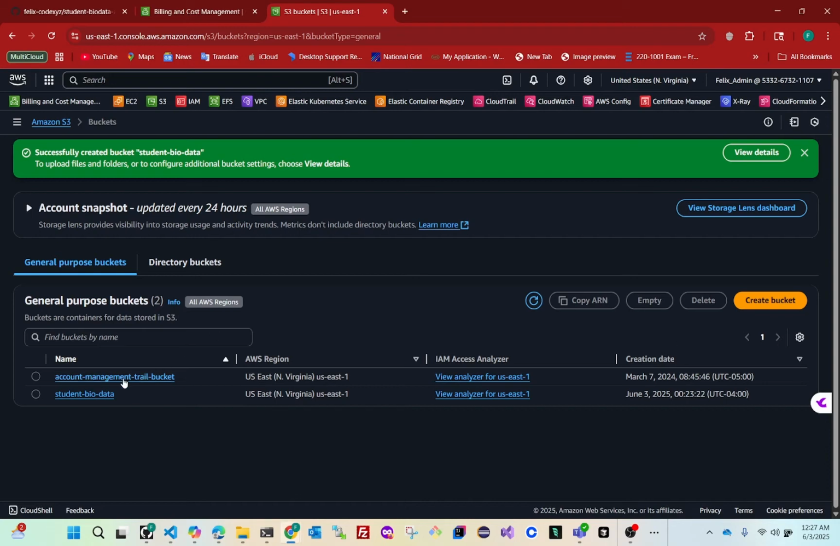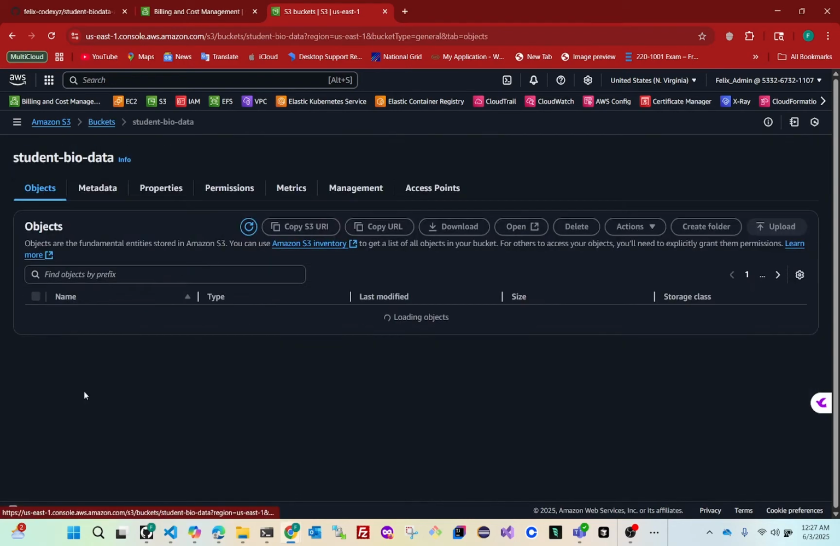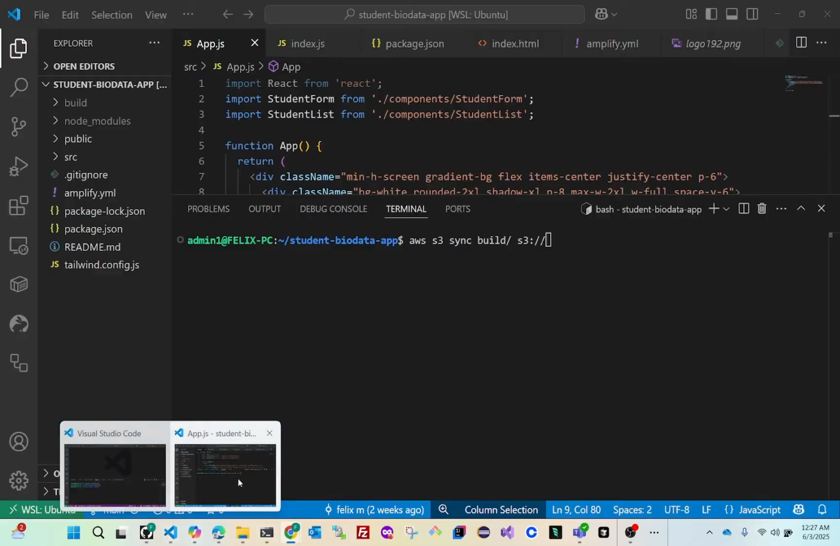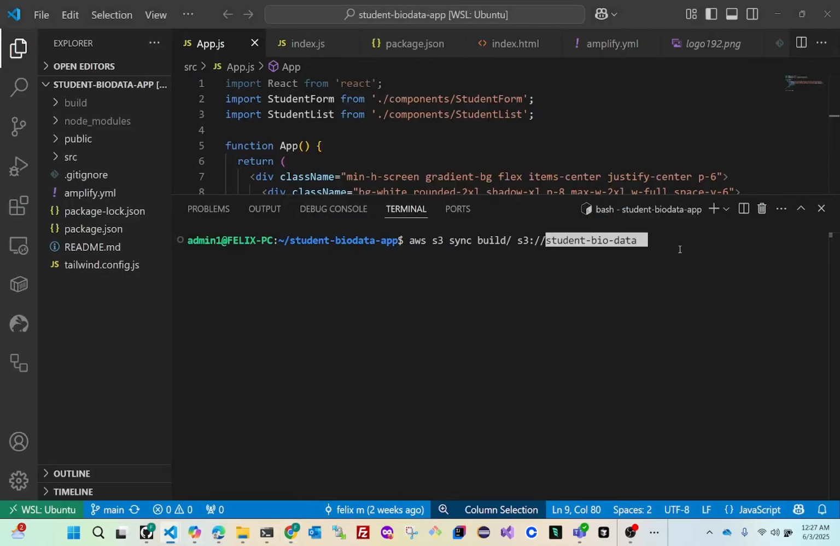So I'll go back to my browser. This is my S3 bucket. You can see it is empty now. So I'm just going to copy the name of the S3 bucket, and I'm going to take it back to the terminal, and I'm going to paste it. So what am I doing here? I'm copying the content of the build file into the S3 bucket using the sync